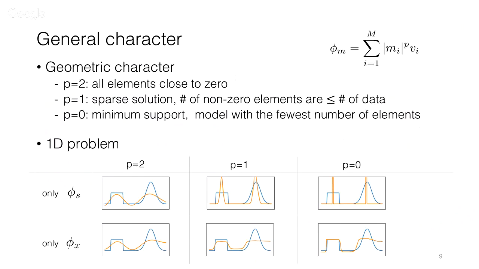So p equals 2 minimization gives this. P equal 1 would give something that looks like this. And p equal to 0 gives you a solution with the minimum support. In other words, the fewest number of non-zero elements that could give a solution. So that's the difference in character in